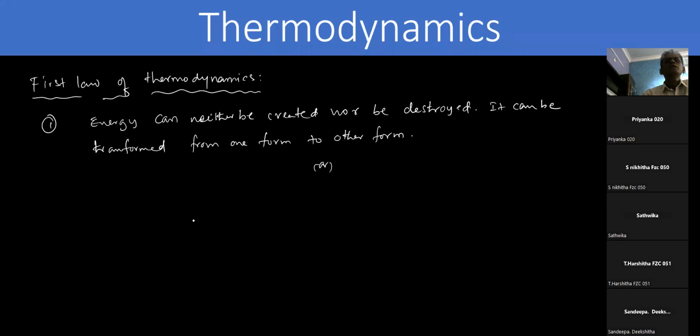It gives us the law of conservation of energy. The statement shows what? Law of conservation of energy. Energy can neither be created nor be destroyed. Coming to the second definition, which is similar to the first one, but expressed in a different way. When one form of energy,